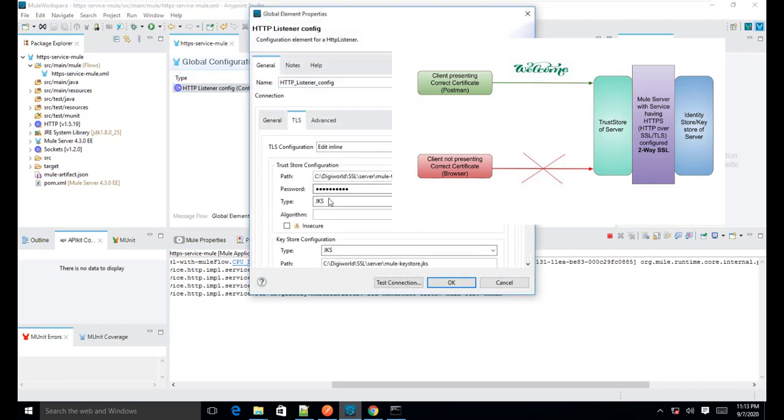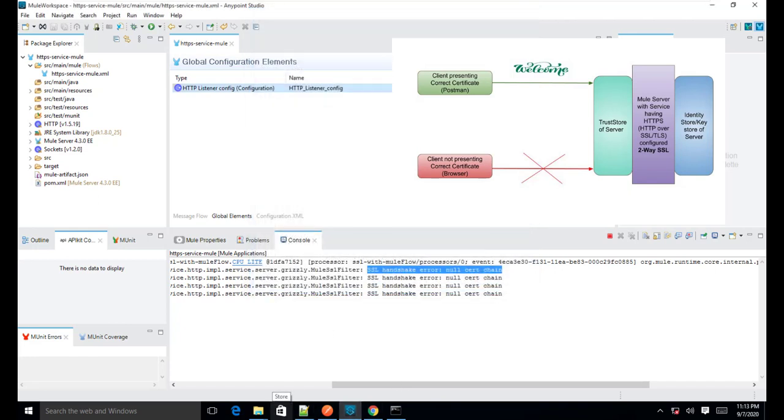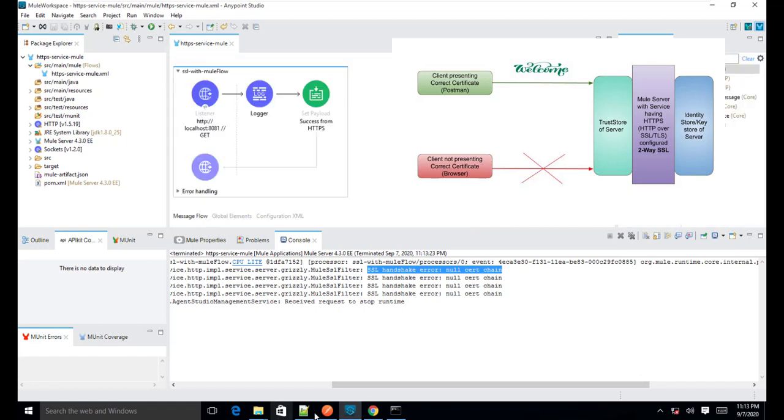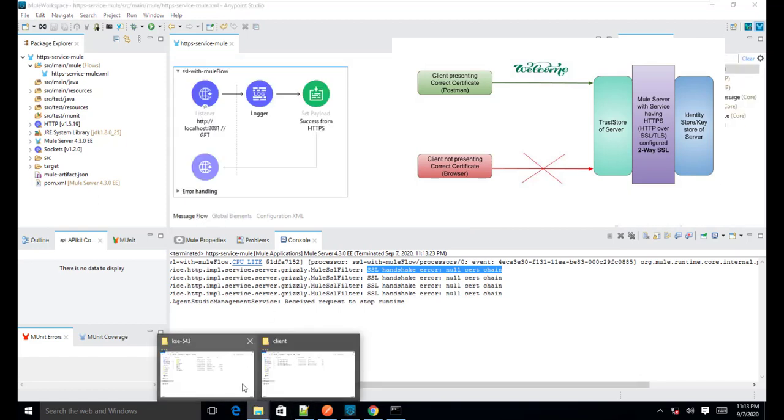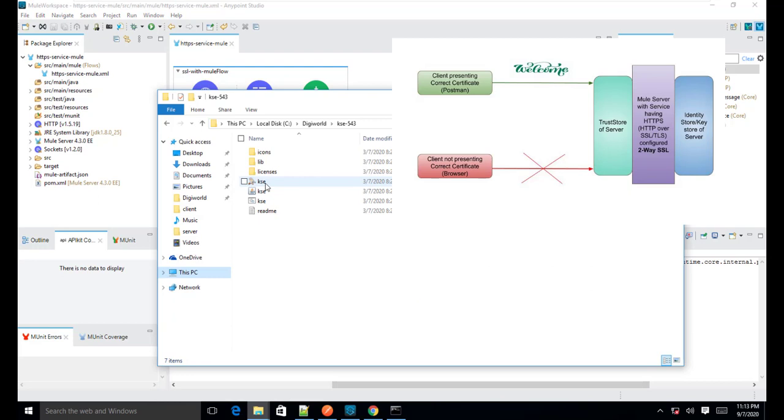Okay, so now let us check one thing. I will just stop this flow, and I will remove the client certificate from the trust store.